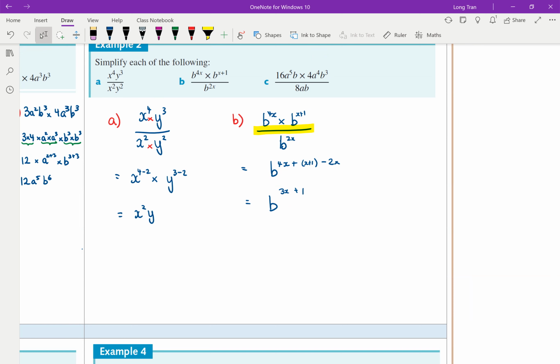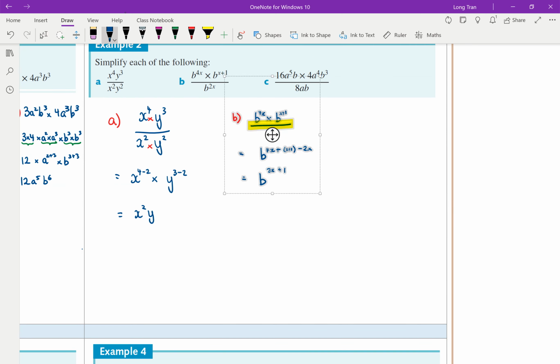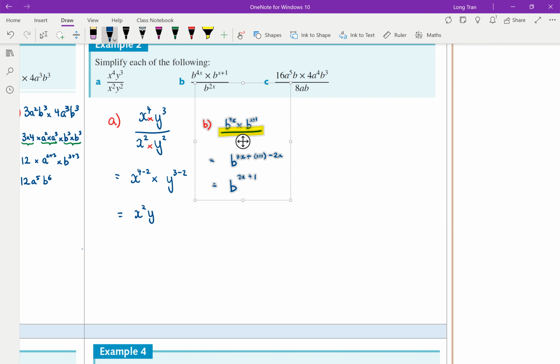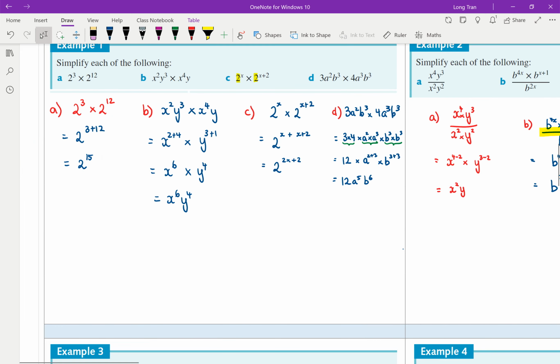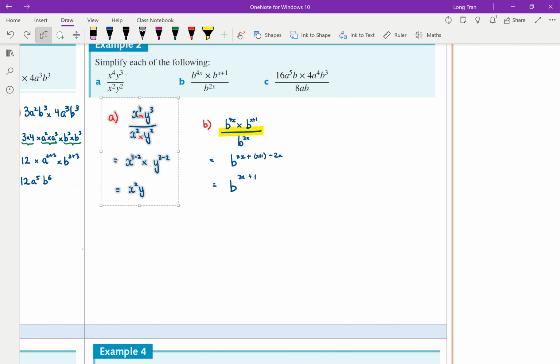I'm just probably going to make this a bit smaller just so I can fit in C in the same section. So let's try this one. Let's just move this and make it a bit smaller. And now let's do C. There we go. C says that we have